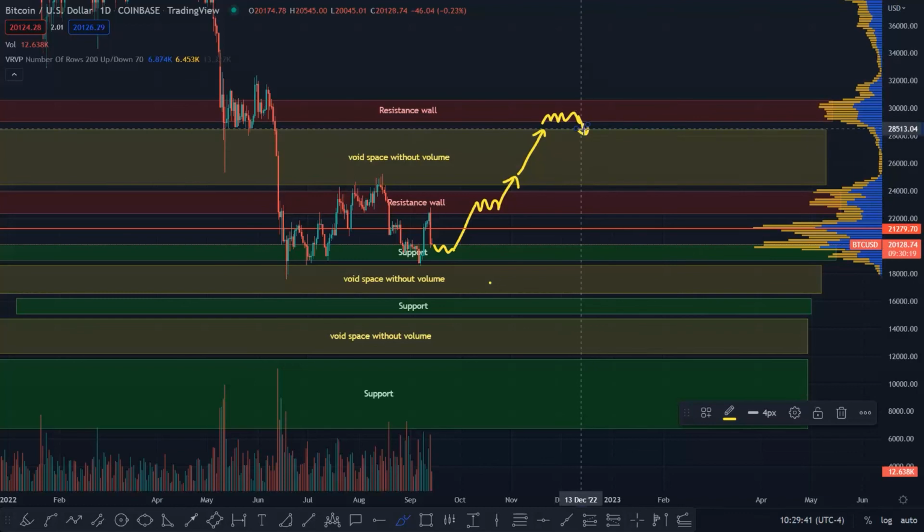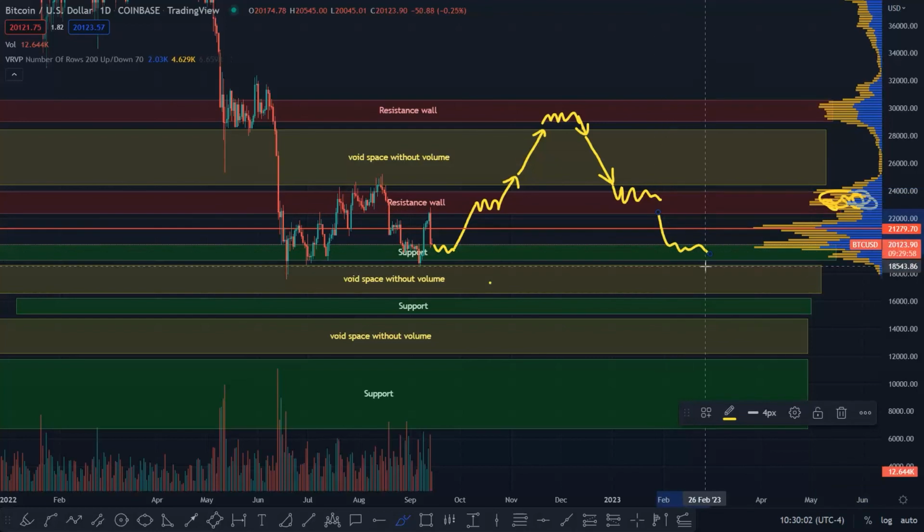If we test the upside of this void space, there is nothing here to act as a resistance or support for us. So we will go and test the other side of this level here. Yeah. Again, we will see this level here, which is full of volume here. Okay. But